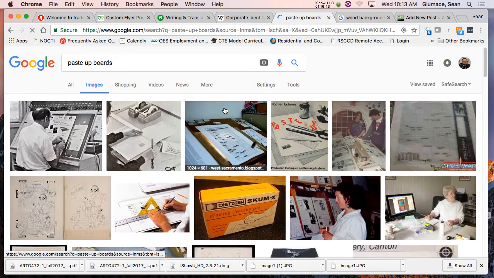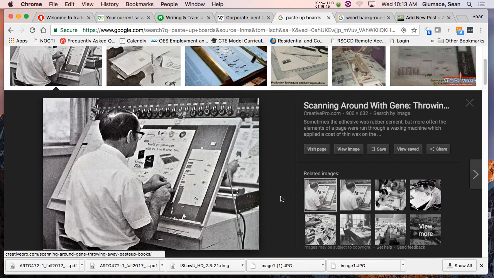Jeez, nothing here. So we don't do that anymore. And that's how I learned. I caught the very tail end of that. We already had computers, but I was printing off laser and then cutting it out and putting it on boards. And then we would shoot to a stack camera, and then we would produce film, and then the film was burned to a screen or a plate, and the plate or screen went on the printer.